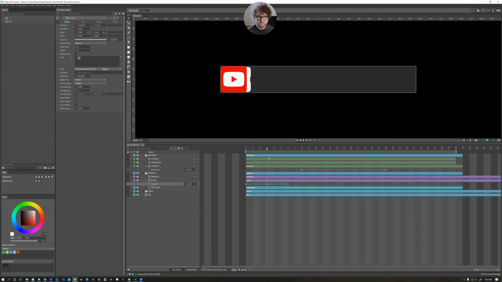As I scrub through this, you can see that our text box is doing some funky stuff. And that's because we're animating the size of our icon to change, which changes the width of our text box. It doesn't change the height though. Yeah, it gets a little crazy. I don't want to see the white text box though until we get to about this point here. So you can just click and drag the beginning of the text box to this point, and then here's the